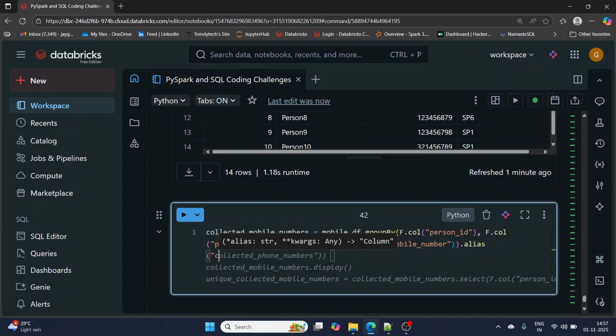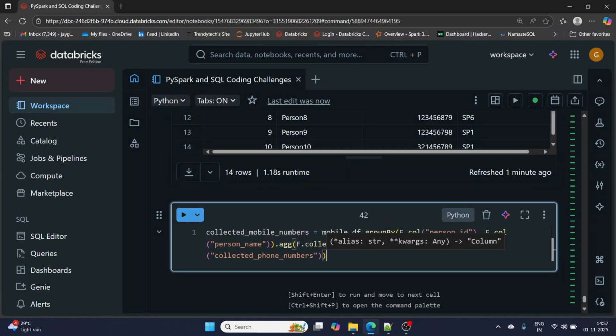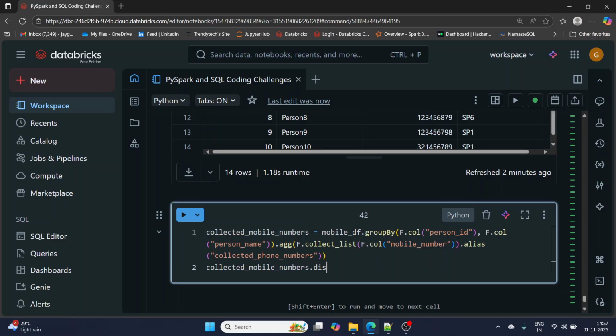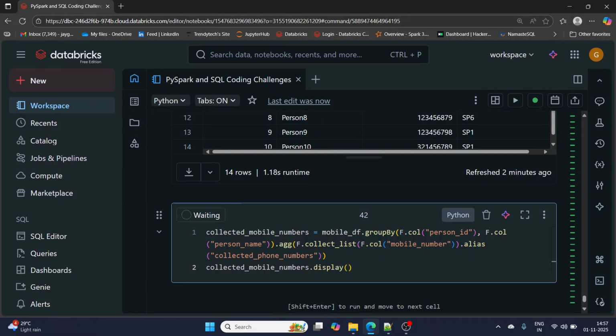You have already seen these things in our PySpark series. This is just the new transformation I'm trying to introduce. So collected phone numbers. Let me display this and run it.